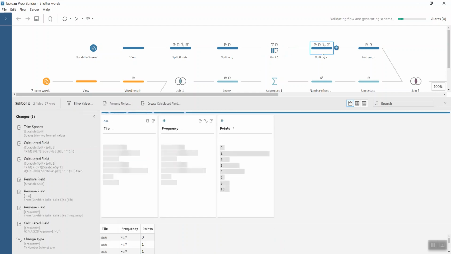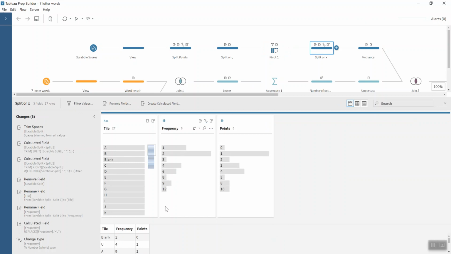And finally, we want to split that up on the X symbol that we have there. I did have to trim first before I did the split, just because there was no space in front of the blank tile, but there was a space in front of each of the other tiles. So if your split wasn't working, then definitely try that. And then just doing a little bit of renaming,